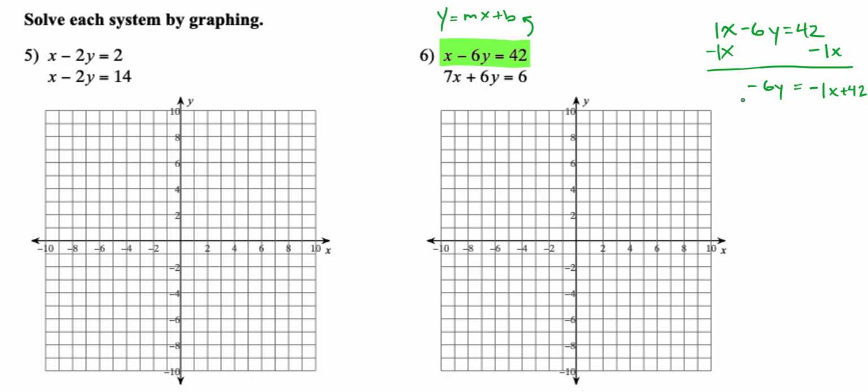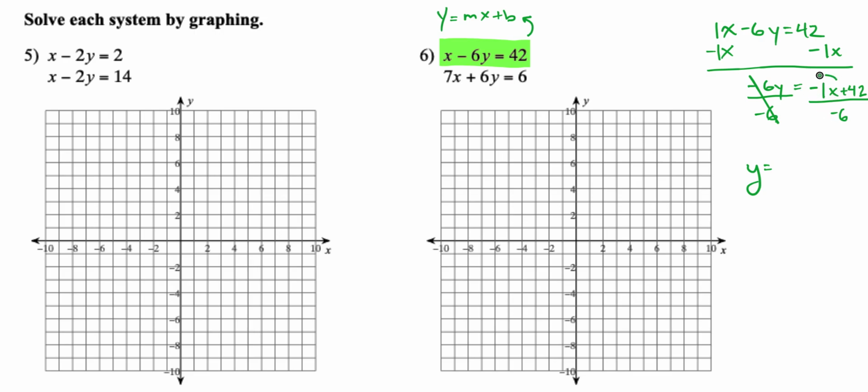And then I want to get rid of this negative 6. And it might seem like we have to add 6 on both sides because this is a negative 6, but it's actually negative 6 times y. So to get rid of it, we're going to divide by negative 6. And we're going to do the same on the right side. So this cancels out, right? This becomes our big one, right? Or you can do it that way, or you can just cross it out. It's up to you, but it does cancel out, and we're left with y is equal to, and then we're